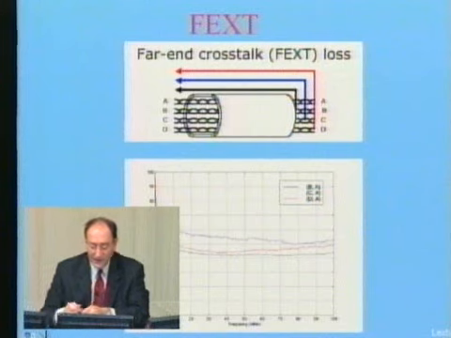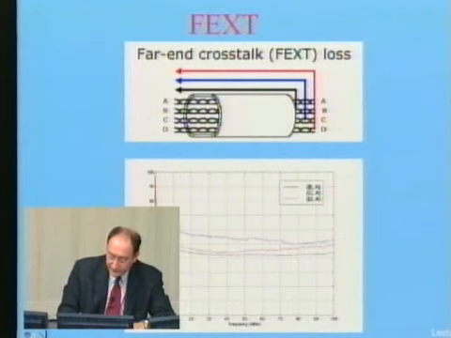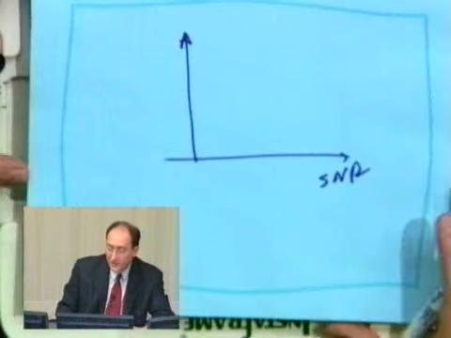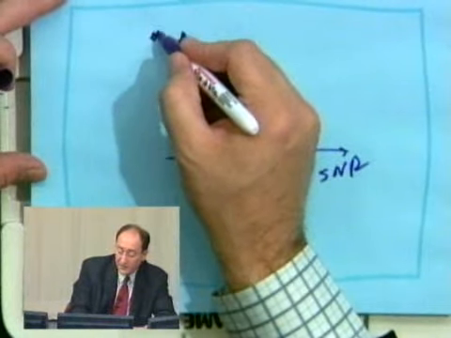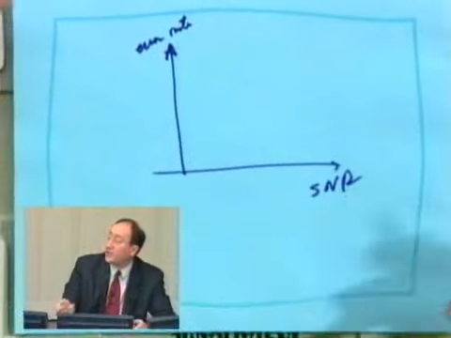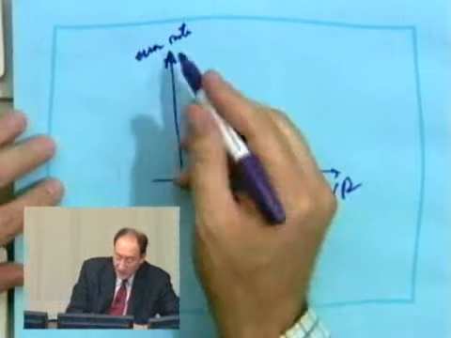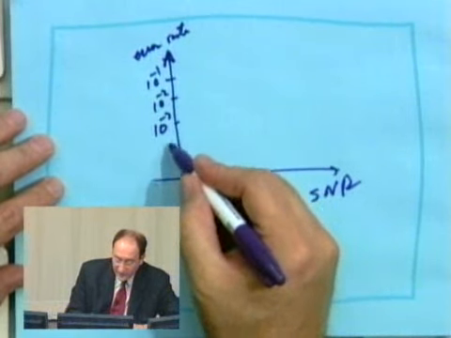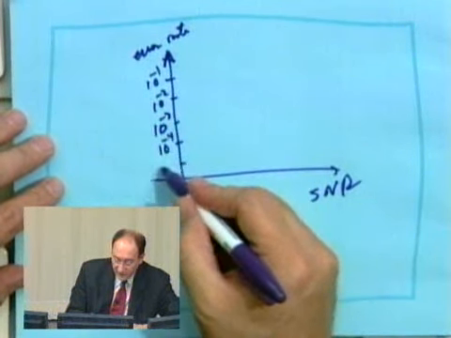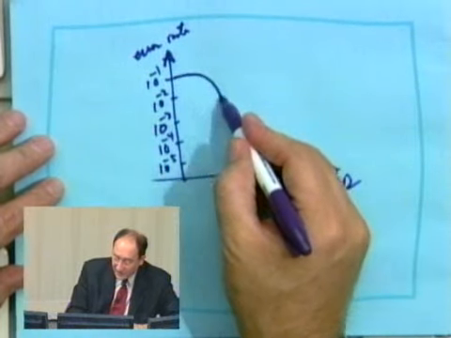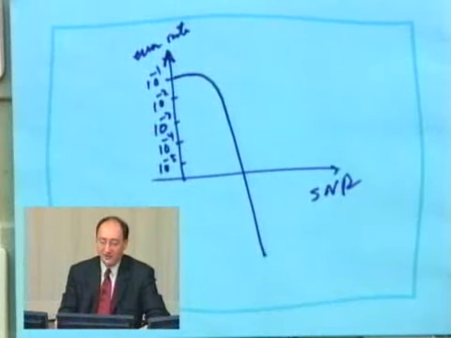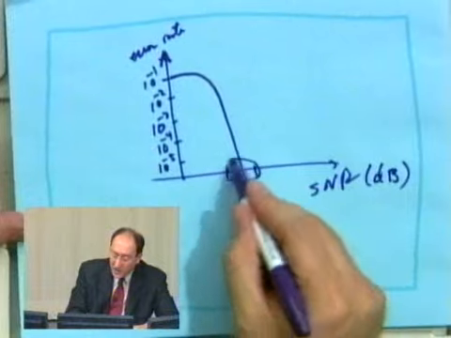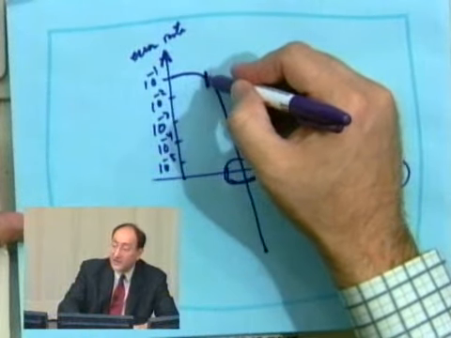See, if this is your signal to noise ratio, and this is your error rate, error rate you always put in an exponential manner. So here is 10 to the minus 1, 10 to the minus 2, 10 to the minus 3, comes down, 10 to the minus 4, 10 to the minus 5. This always goes like this. This signal to noise ratio is often in dB. Within a couple of dB changes, suddenly you come from here, which is 10 to the minus 1,